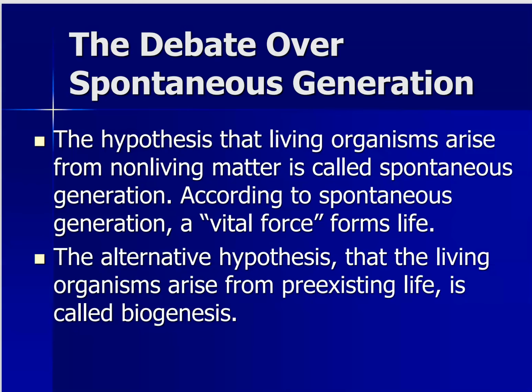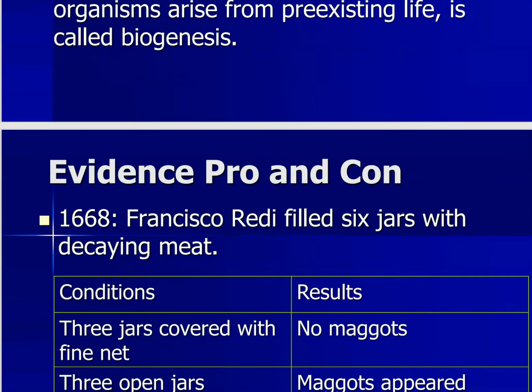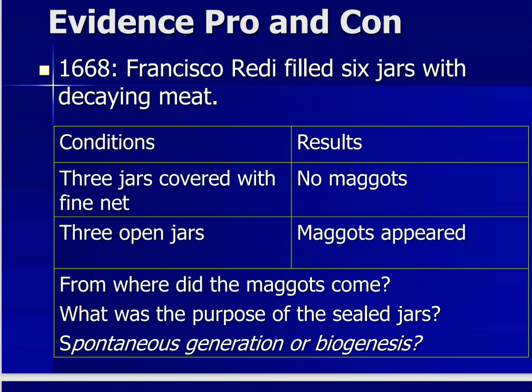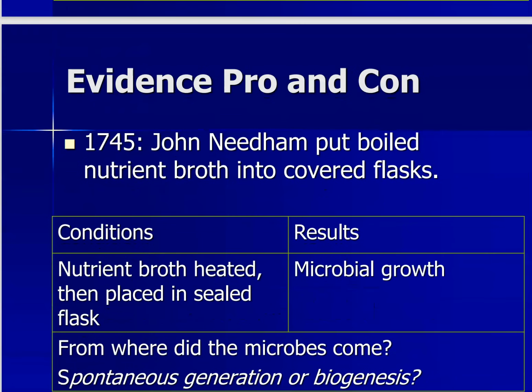The other people were saying, no, there was some fly that laid its eggs into the meat, and then it sprouted out of these eggs. So there was pre-existing life that started multiplying. They went back and forth for some years. There was evidence pro and evidence con, and you can take a look at that and read through it. Different people contributed, though you don't need to know them by name.